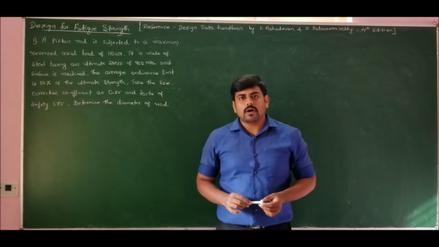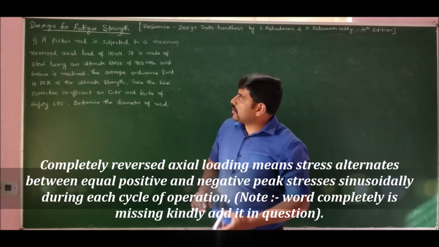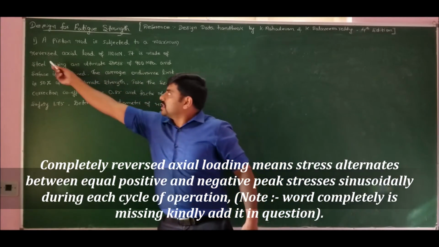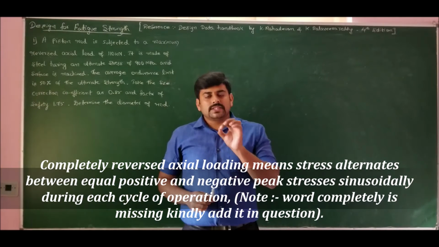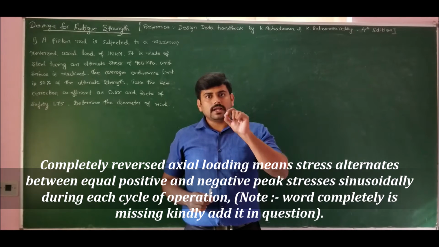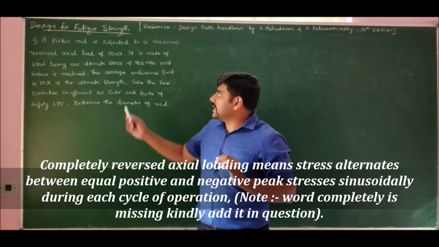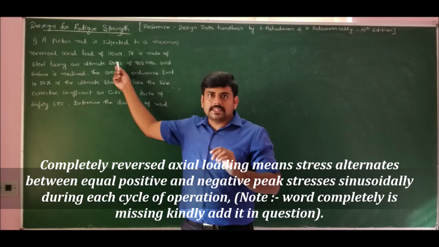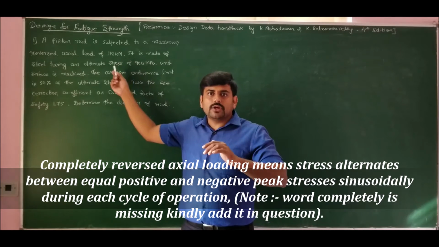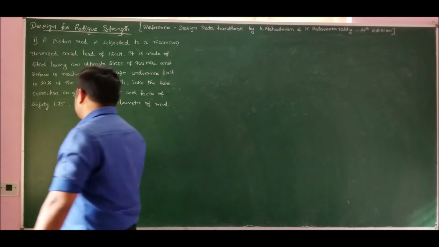We are solving a problem on a circular cross section specimen. A very important point to be noted is that it is subject to reversed loading, which means that the magnitude in both forward and reverse direction will remain the same. Therefore, for this case, we should take it as 110 kilonewton tensile and 110 kilonewton compression. So let me list out the data and solve this problem.